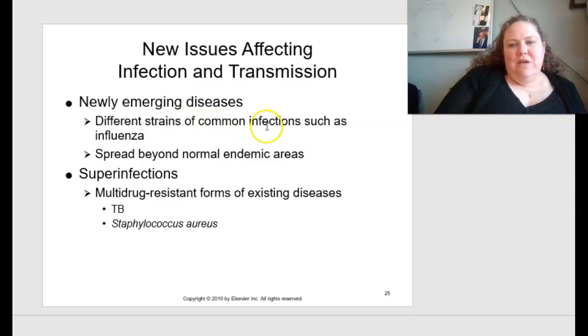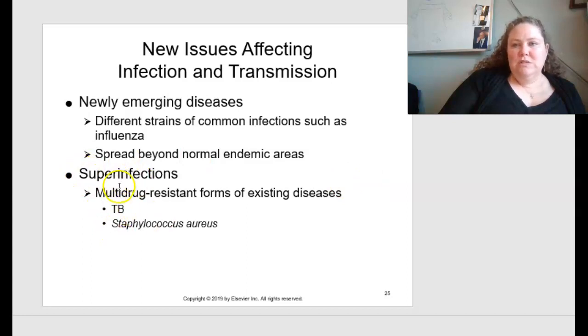But there are different strains of common infections, such as the flu. I mean, people get flu shots. The flu shot is a 50-50 guess on what strains are going to be virulent that year, and again, it's a virus and it continuously is mutating. It also can spread beyond the normal endemic areas and make it more into a pandemic like we are in the middle of. We also can have superinfections,